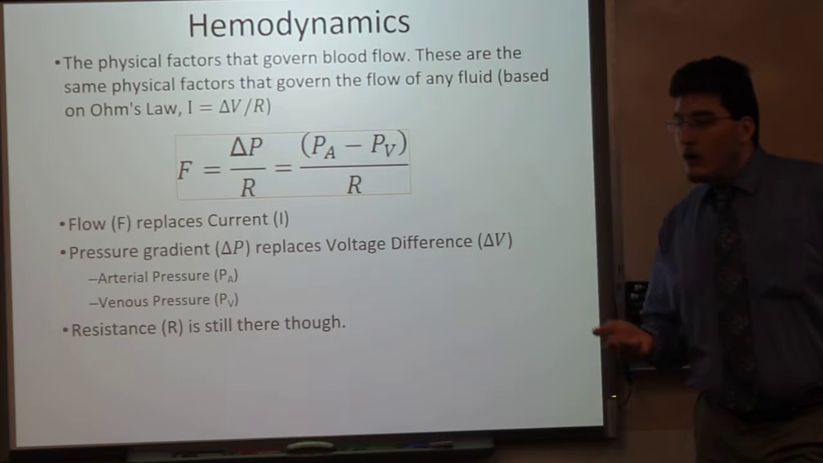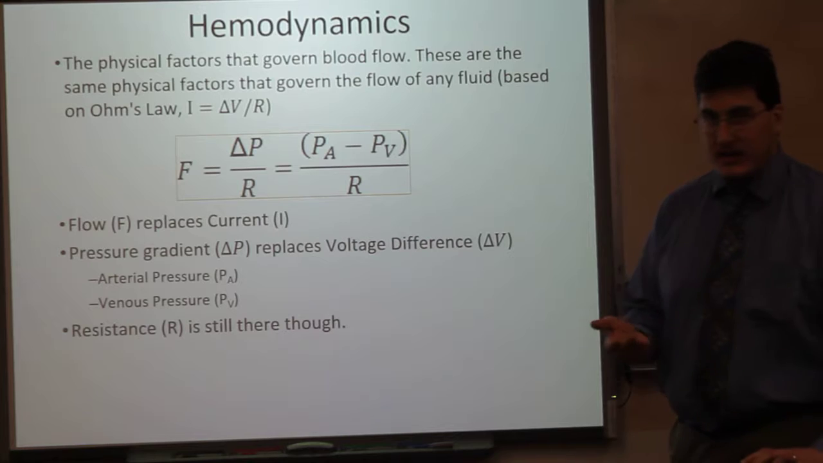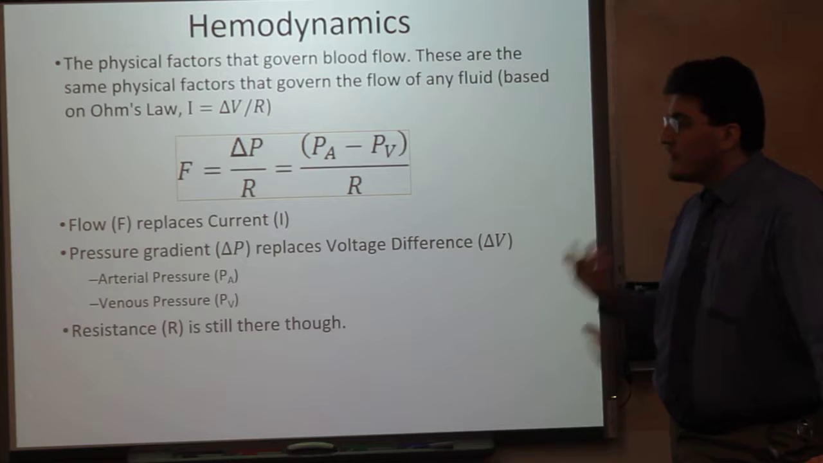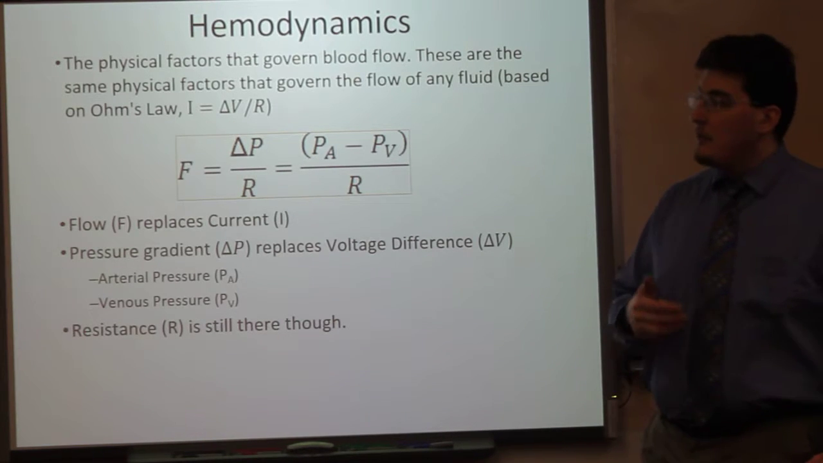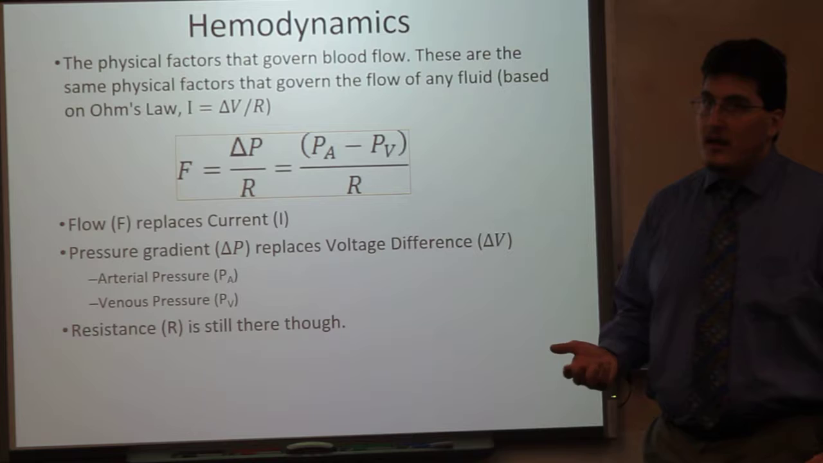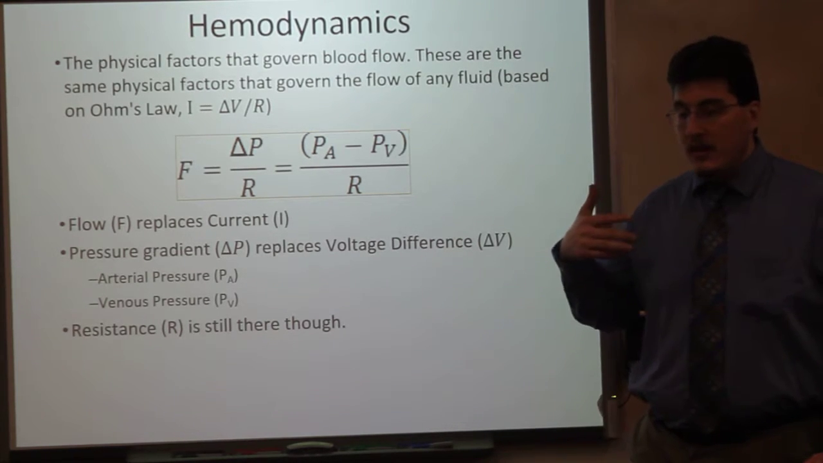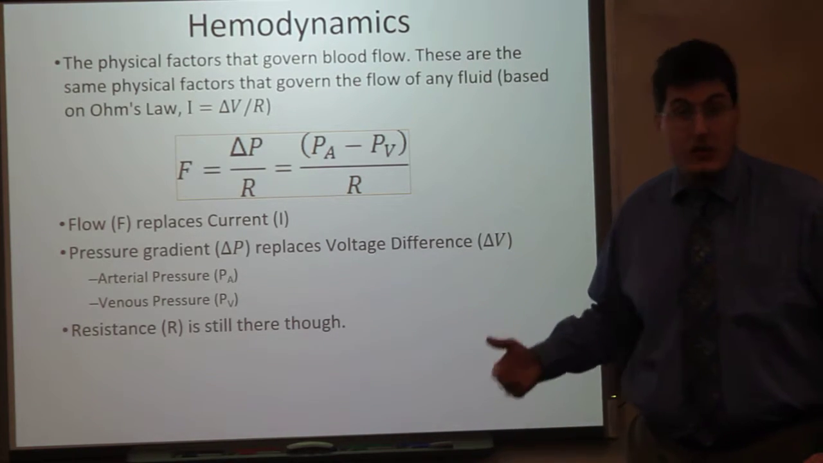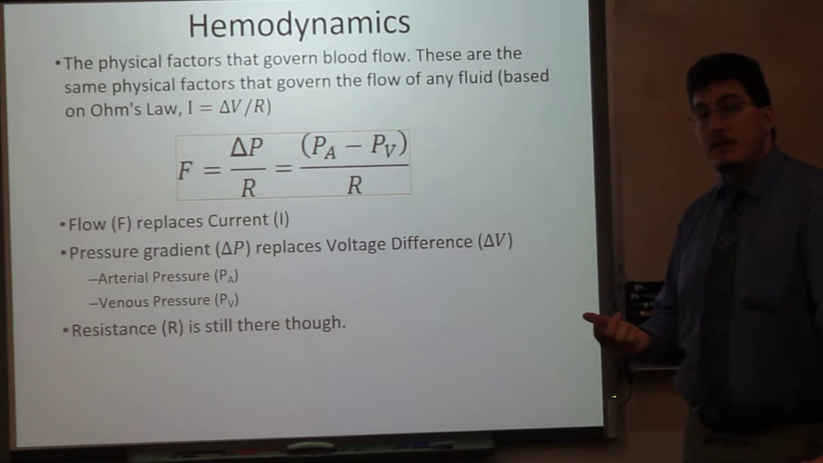Now, flow is going to replace current, I, and delta P, which is the pressure gradient, is going to be changing the voltage differential. So delta P is going to change delta V. And delta P is the pressure gradient, which is the arterial pressure minus the venous pressure. Now, arterial pressure is the pressure in the left ventricle, or the systolic pressure in the aorta, and the venous pressure is the